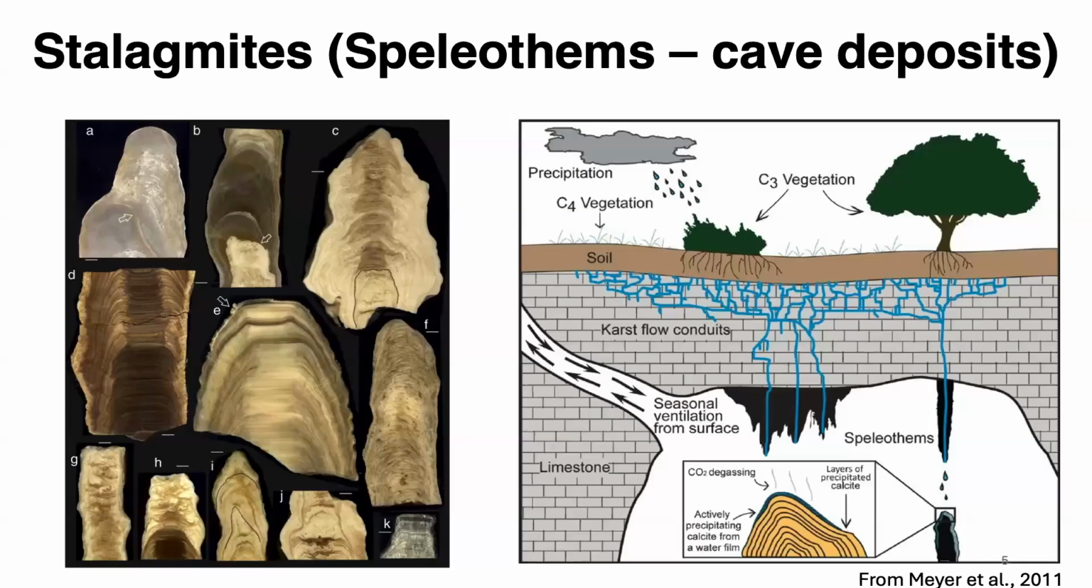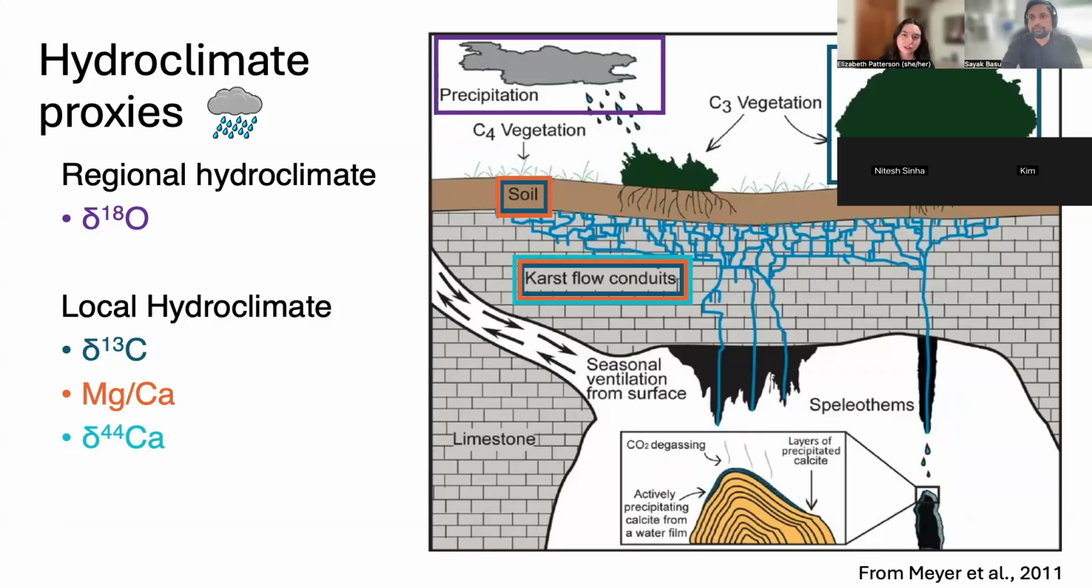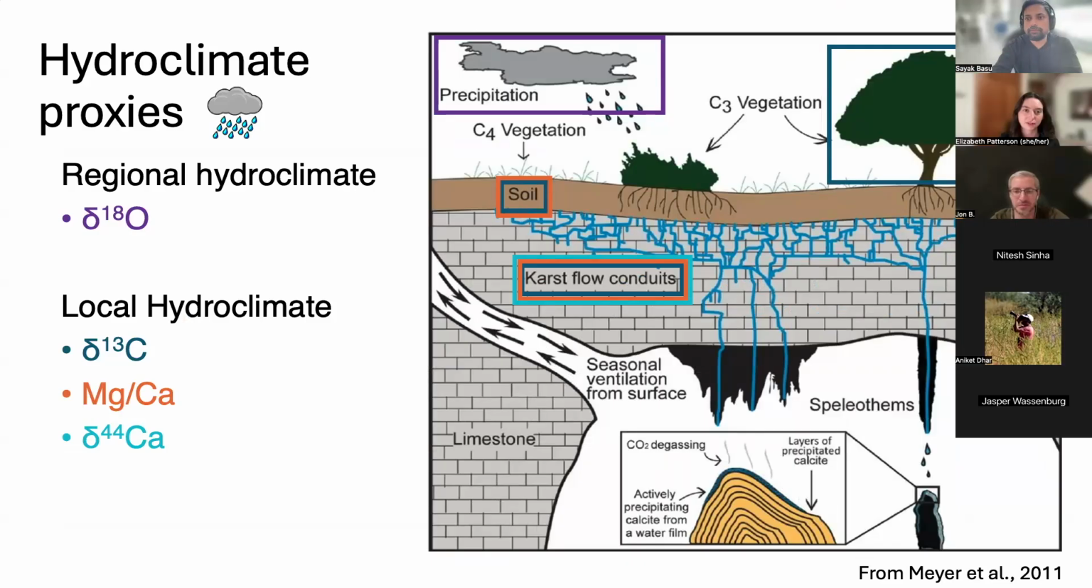tracers incorporated in that carbonate as it grows. All right, so there are many, many different things you can measure in speleothems, but today I'm just going to focus on a few hydroclimate proxies. And they can be interpreted in different ways, but for today, I've sort of broken them into regional hydroclimate versus local hydroclimate change. And this isn't always the case everywhere, but in Southeast Asia and central Vietnam, tends to be